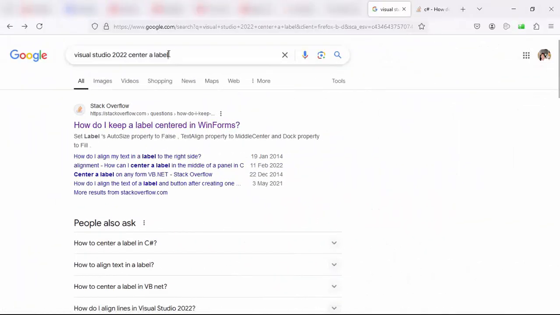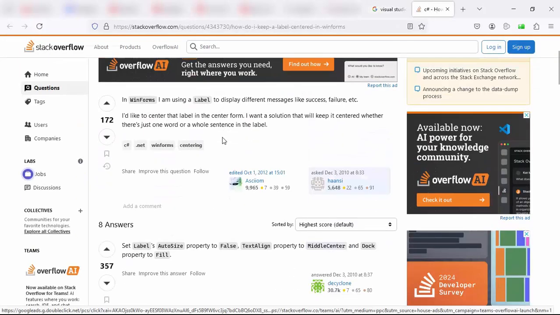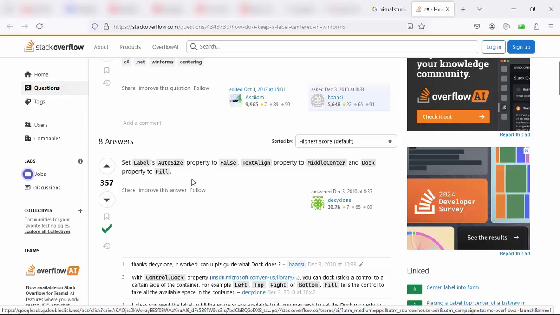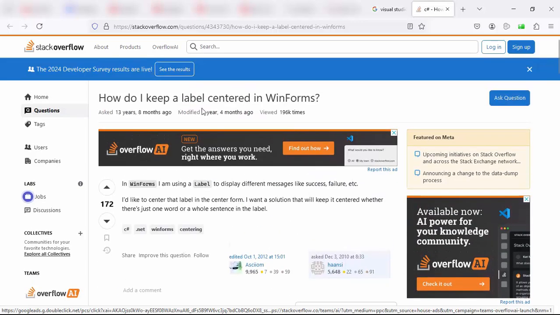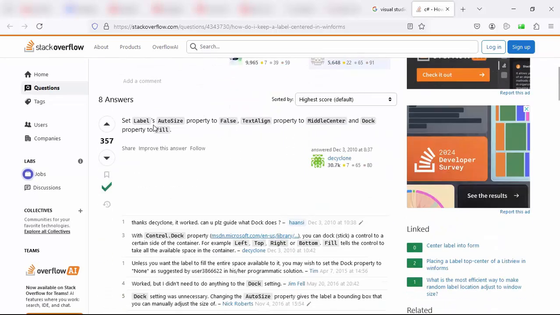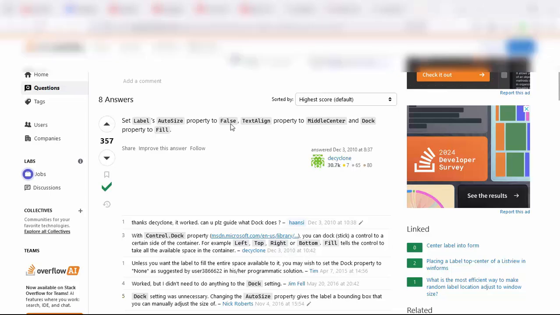Okay, Google with this keyword: Visual Studio 2022 center a label. So we get this result from Stack Overflow. The answer from Stack Overflow is quite impressive and straightforward. In order to center a label in WinForms, we need to set a few properties of the label to certain values. First, the auto size property, set it to false.